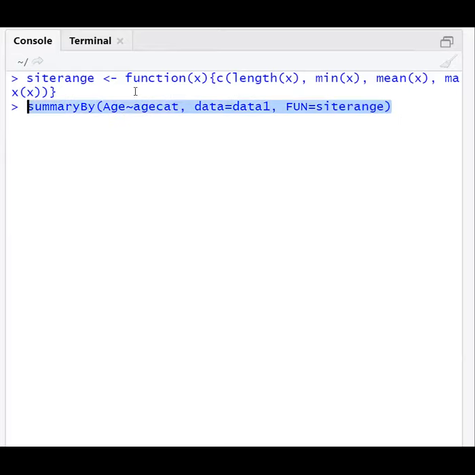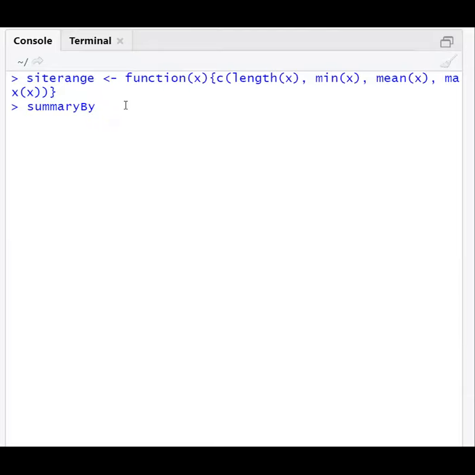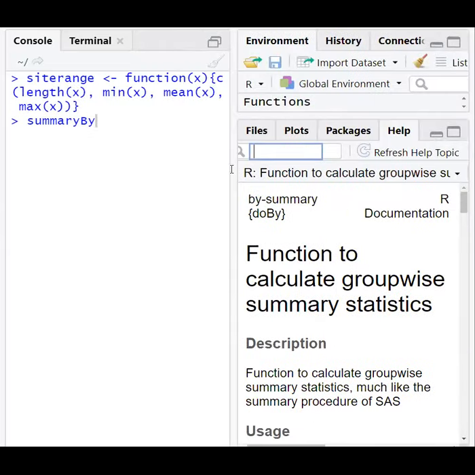Before running this, let us look at the help of summaryBy by pressing F1.